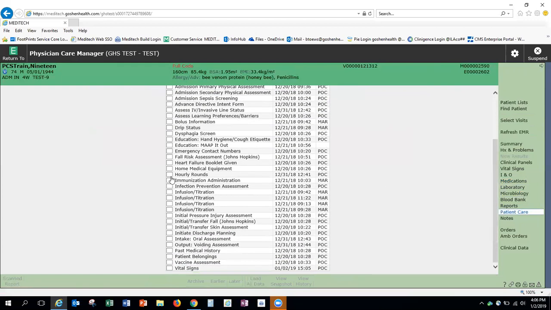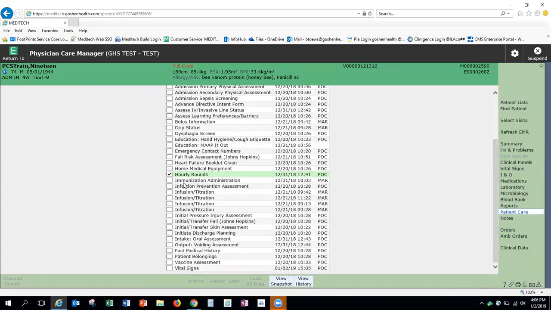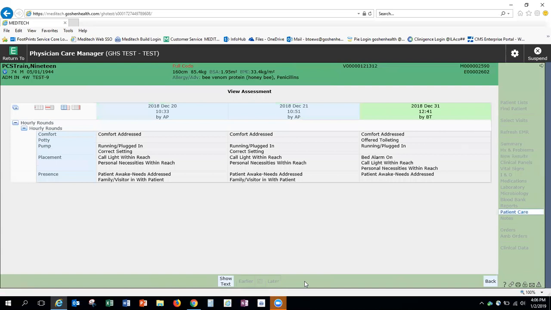For an example, if you just want to see one specific piece of documentation, you would click on View Snapshot, and that will show you the most recent of that piece of documentation, that assessment or intervention. To view history, that will show all instances of that one assessment, that piece of documentation. In this case, all of the